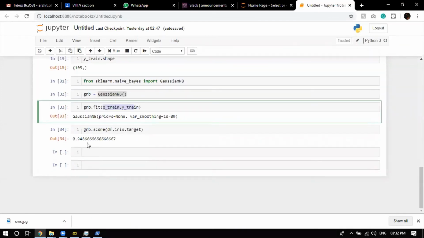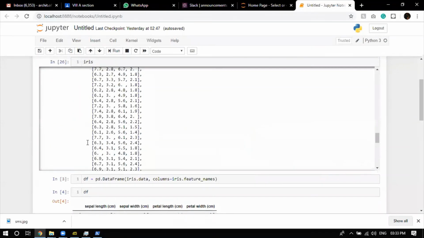And most of the time, naive Bayes models are accurate because they are not clustering. They are trying to find the probability. Even if they give you 51%, it generally tends towards the right answer. So the output of naive Bayes is generally a higher value. If you're making a naive Bayes model and you find this accuracy in between 60 to 70, it means there's a huge problem in the data set itself, because naive Bayes generally gives you a really high accuracy score. So this is what naive Bayes is, and I guess you understood everything.